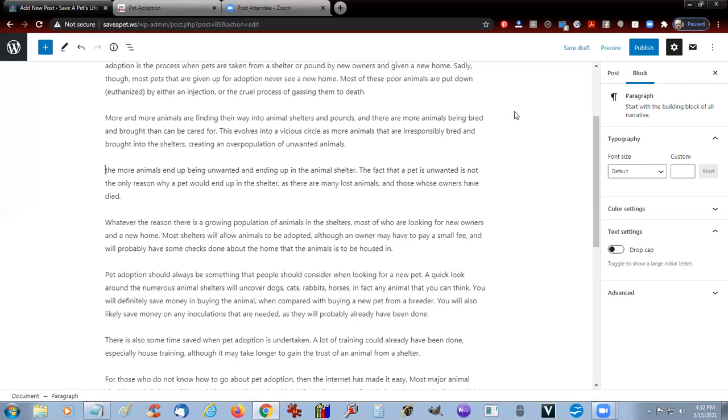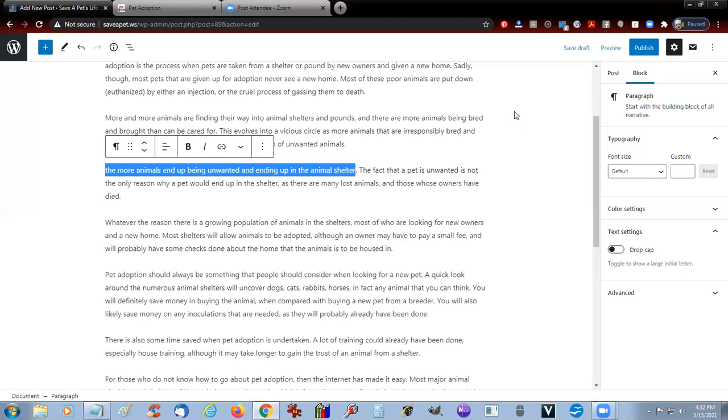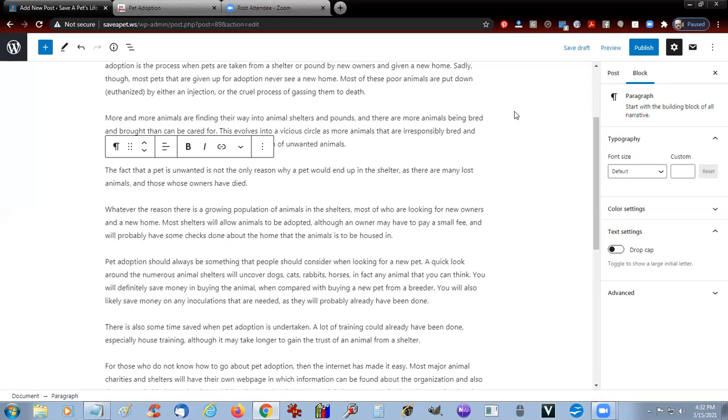Break, come down here, start a new paragraph and take that fluff out. The fact that a pet is unwanted is not the only reason why a pet would end up in the shelter, as there are many lost animals and those whose owners have died. Okay, we could say